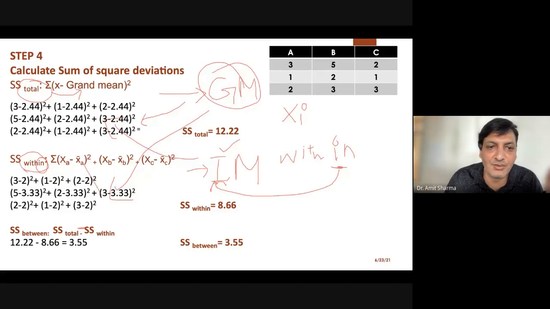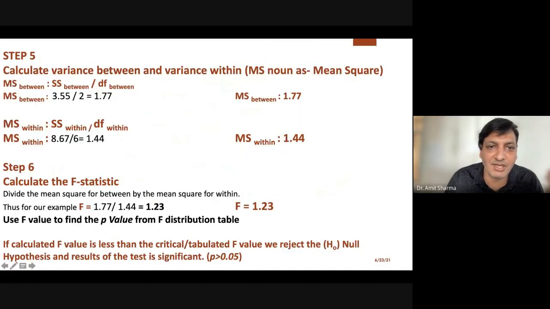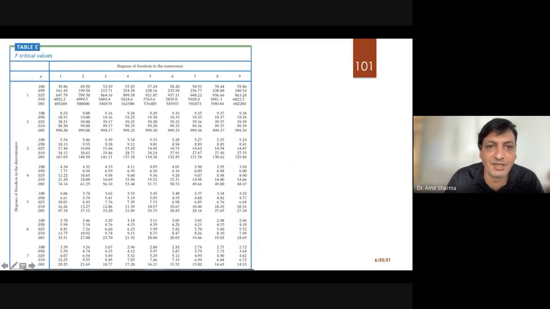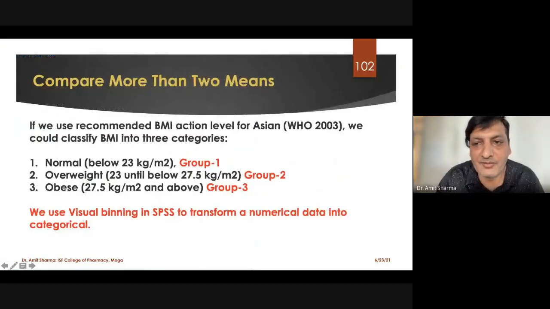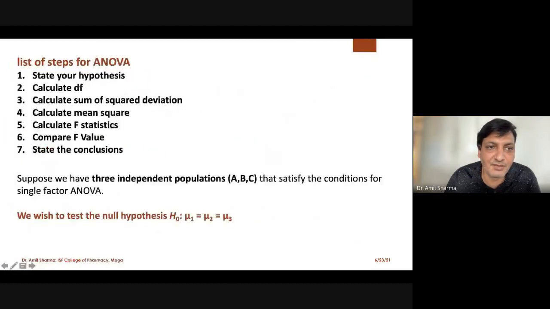Once you do all these steps, you have nothing left to calculate except the MS, that is MST or MSW, and you are going to get a value. The most important thing from the examination point of view is how we are going to do the numerical of one way ANOVA. There are some other techniques available on the internet. For example, you can go to YouTube and see the shortcut method for ANOVA. You don't have to follow all these 7 steps. The numerical I recommended in 7 steps can be finished in 4 steps only, so you can also look for that.